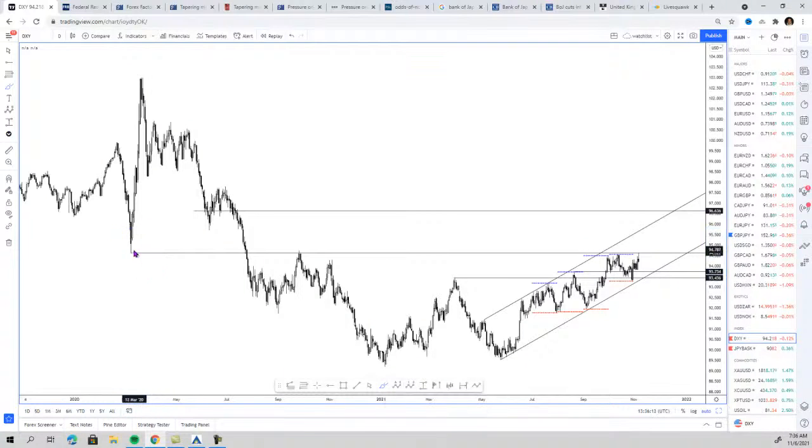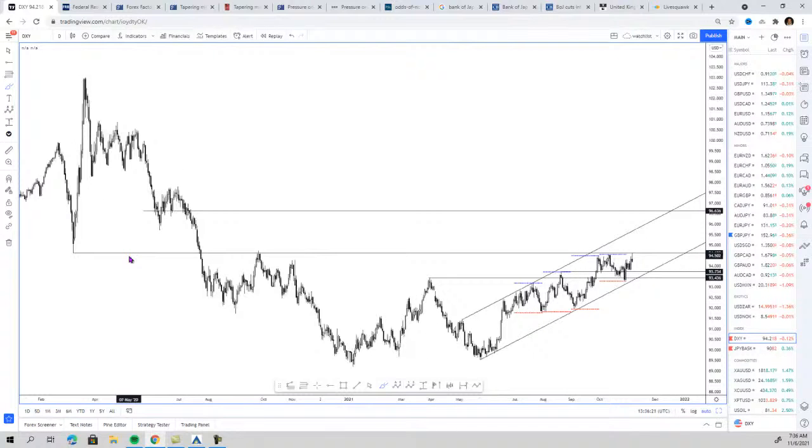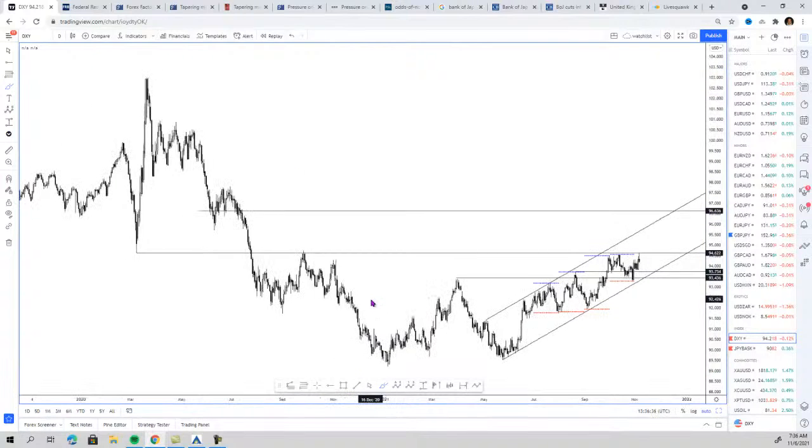Well, not the pandemic lows, but right here in March 2020 when the pandemic hit the markets, or hit the world actually. Then we had that spike, and when the Federal Reserve started this massive round of quantitative easing, the value of the US dollar decreased. But what's important to notice here is that when price broke this level, and when it retested this level,